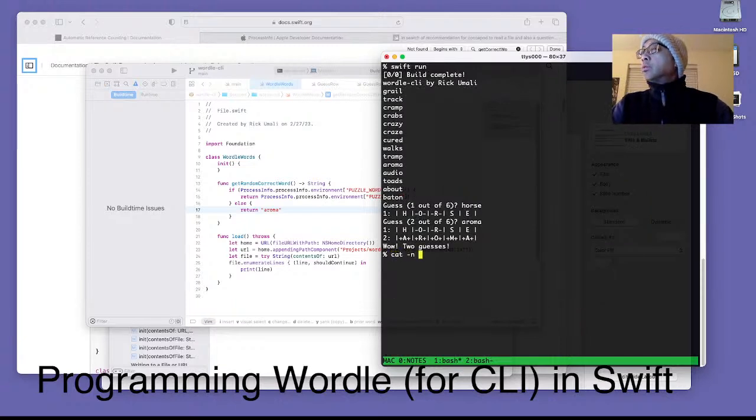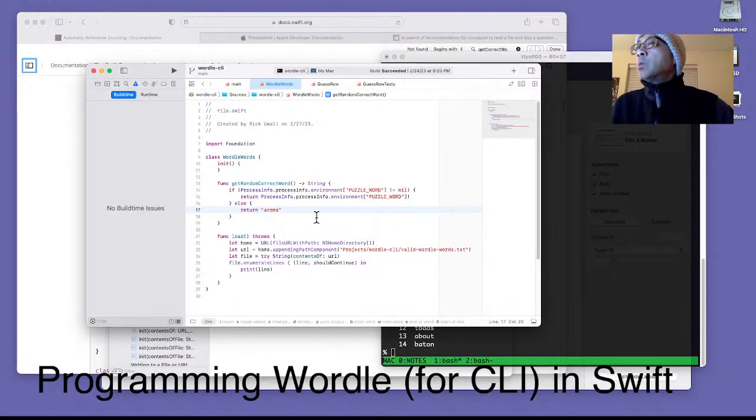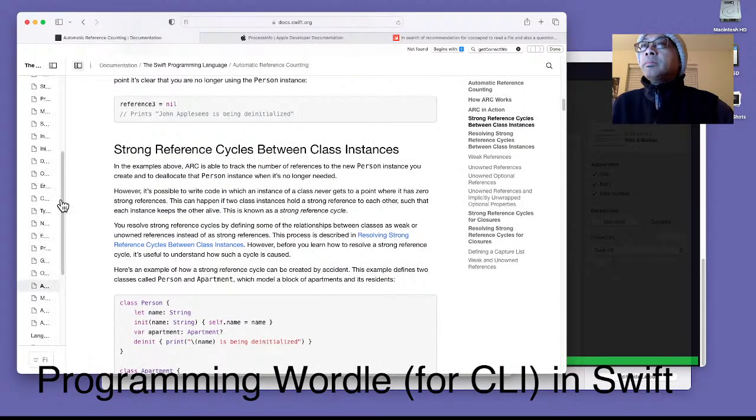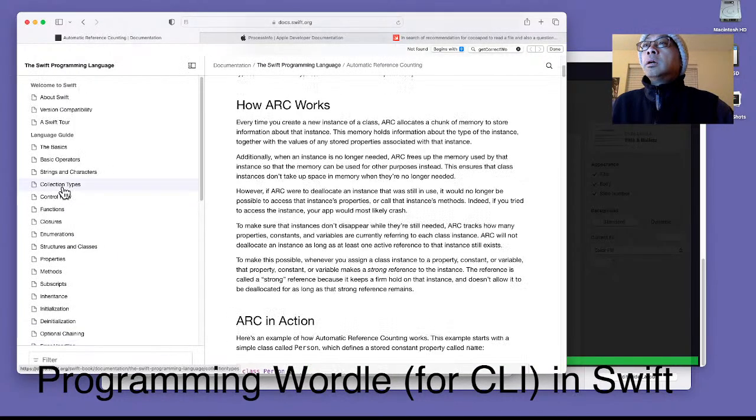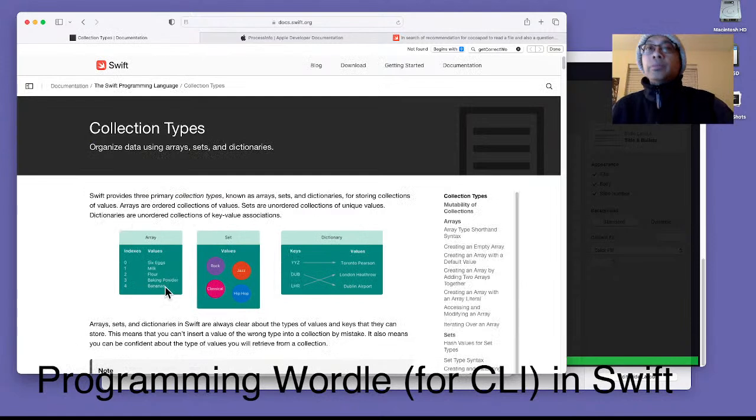I think it was 14 words. So we're going to pick one of these. And how do we pick one of these words? We need to put them inside of a collection of some sort. And I'm kind of cheating a bit,